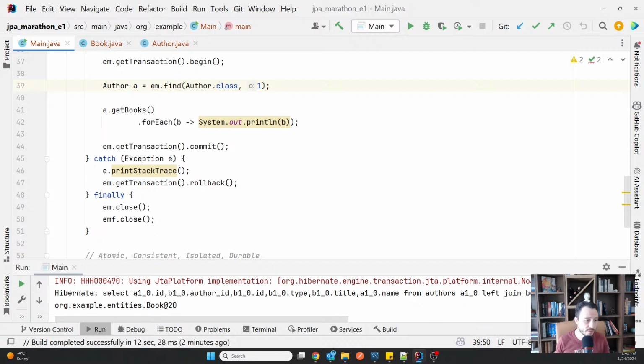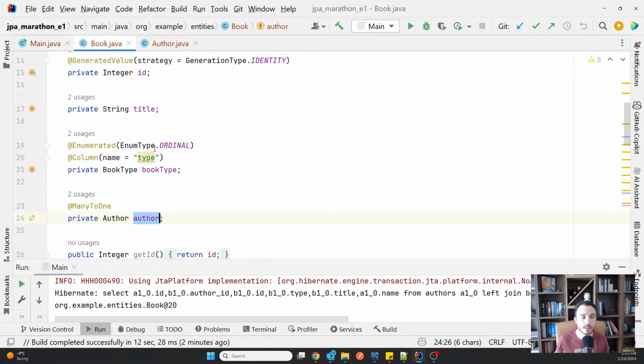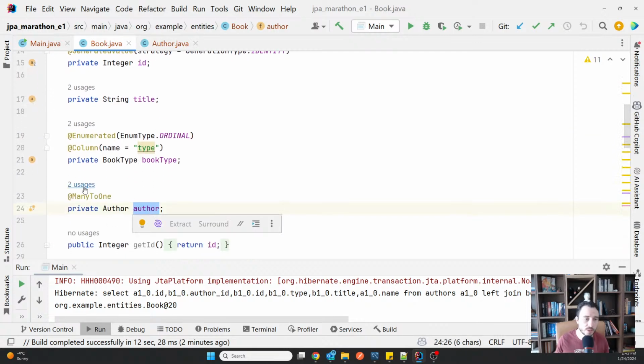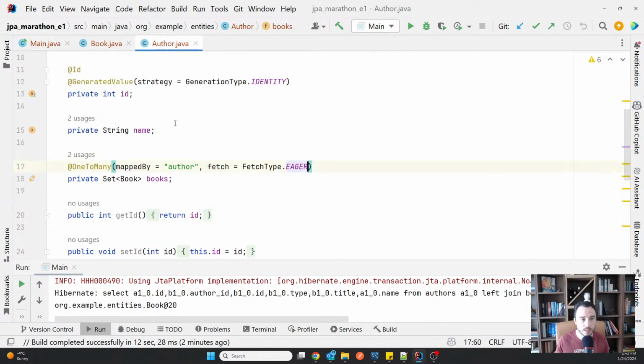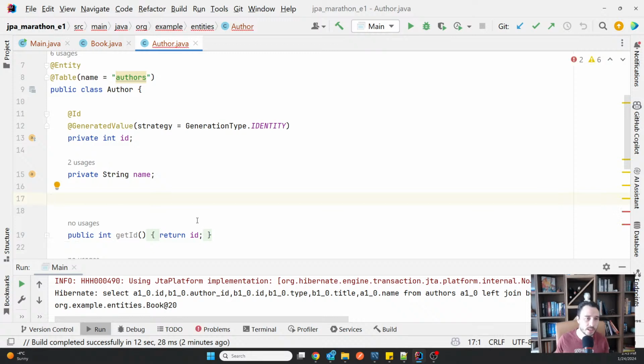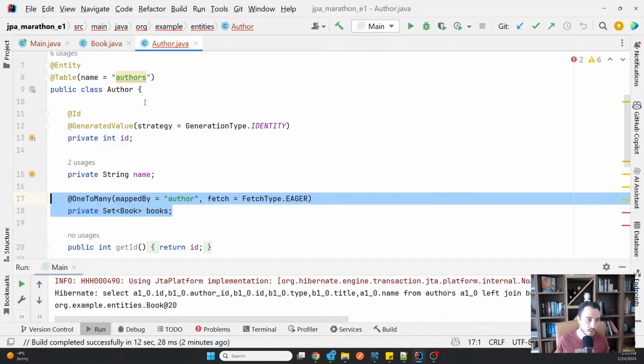And then, can you please explain the difference between unidirectional and bidirectional? Yes, of course, but you would like to go back in this event, you will see I have detailed this quite a lot. But in a few words, because you probably missed that part, a one-directional relationship is when you have two entities, but the relationship is only defined in one of them. So for example, if I have the relationship defined here, but I do not define it here, we say that this is a one-directional relationship on the book side.